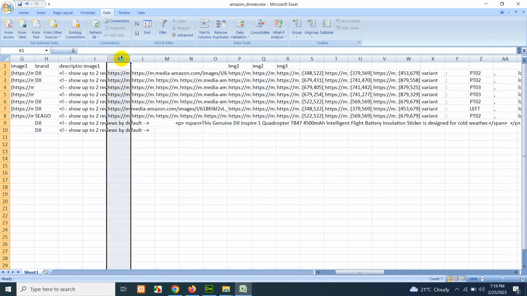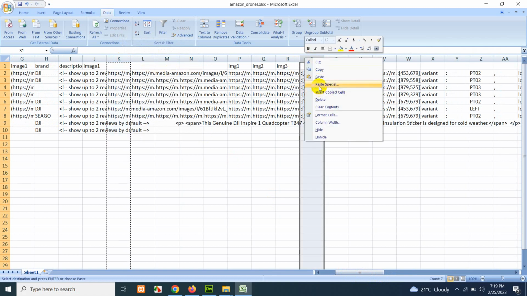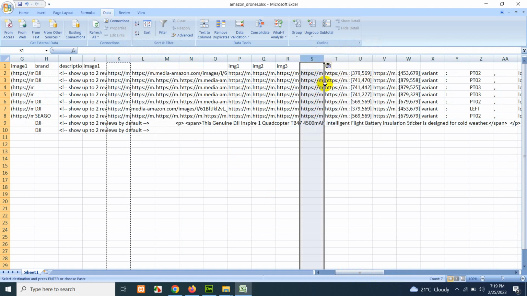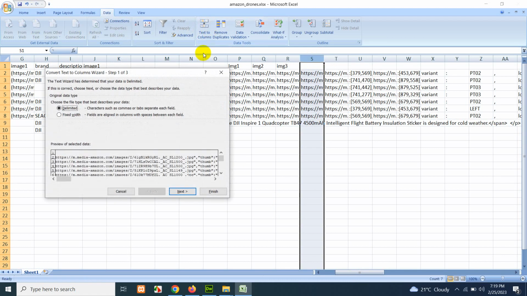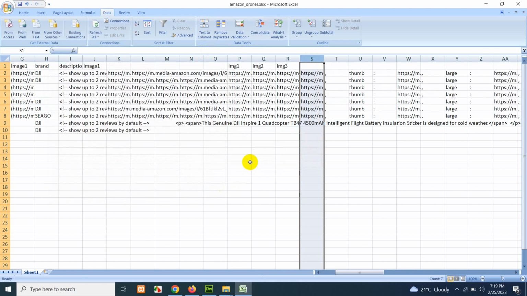We have the fourth image. Copy, paste, now click here, click on select columns, Delimited, double quotes, Finish. Okay, and we have the fourth image here,